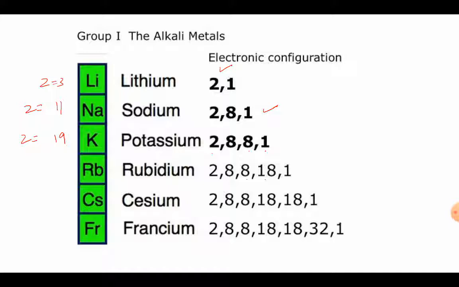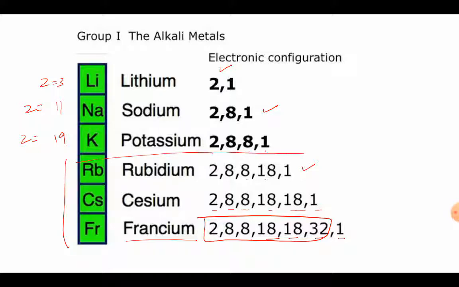Then cesium, the configuration comes out to be 2 8 8 18 1, and finally francium, it is 2 8 18 18 32 ... Do you remember the magic numbers? We fill it according to the magic numbers. And if we are not sure about these atomic numbers, we can just move on with the first 3 also. We'll have the idea. So now we all can see that when we are moving in group 1, that is